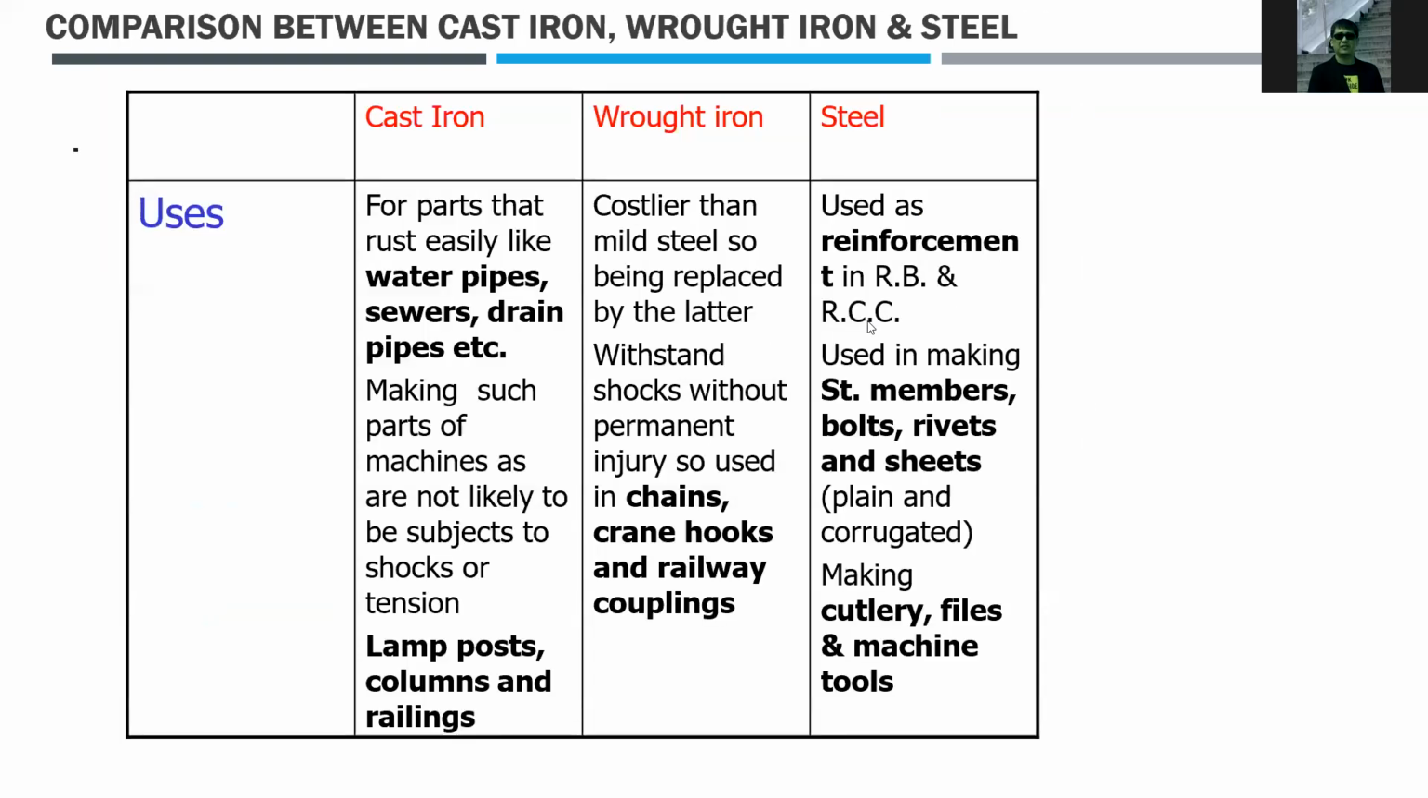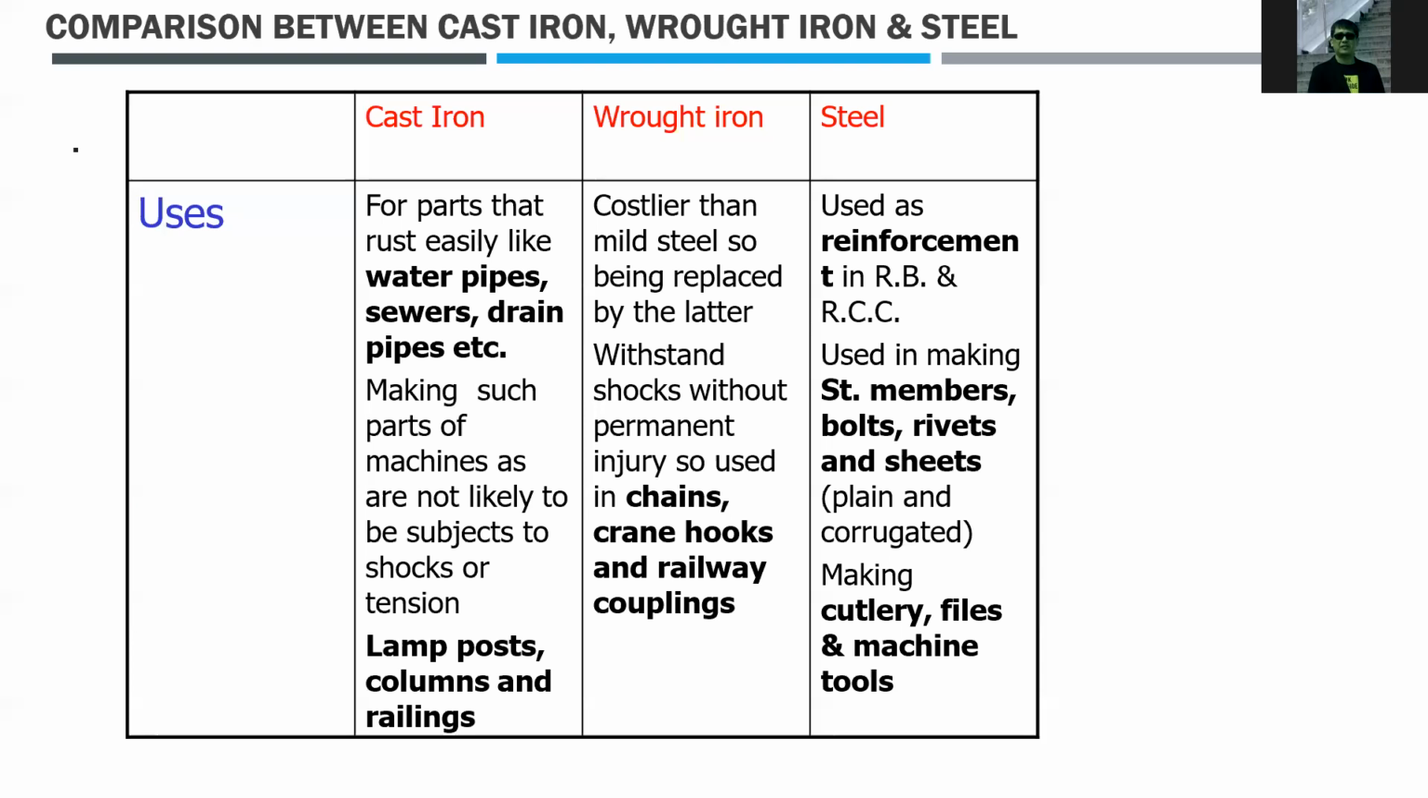So the cast iron, what is the usage? What are the products of cast iron? It is used for water pipes, sewer drain pipes. It is used for making machine parts. It is used for lampposts, columns, and railings. Because the cast iron is a material that you cannot weld, you only use bolts and nuts for this type of metal